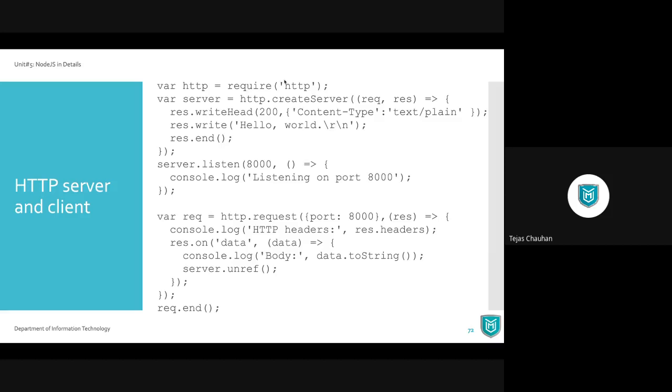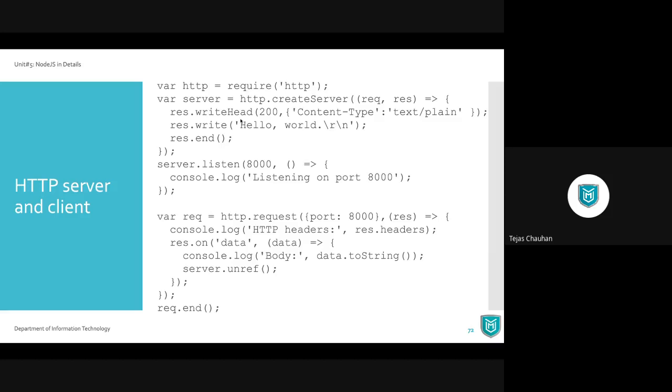Well, if you already know, this is what we have gone through in a lecture session. We have created HTTP server already. So let me explain this thing one more time so everyone will be on the same page and you can easily create your HTTP server. So first of all, you'll require HTTP module.